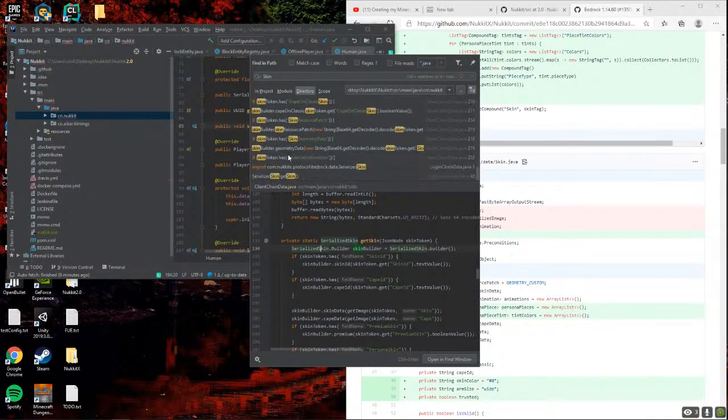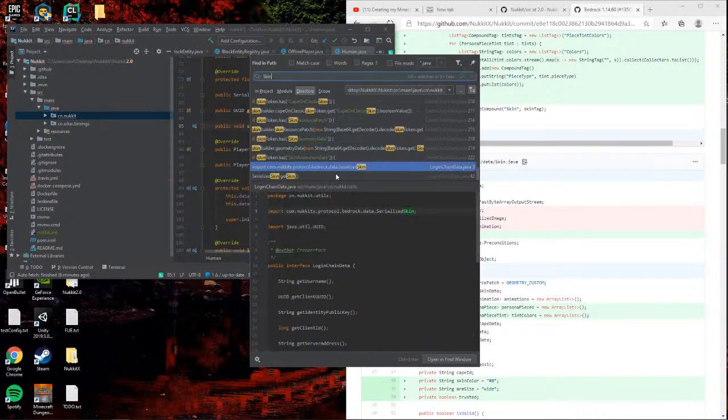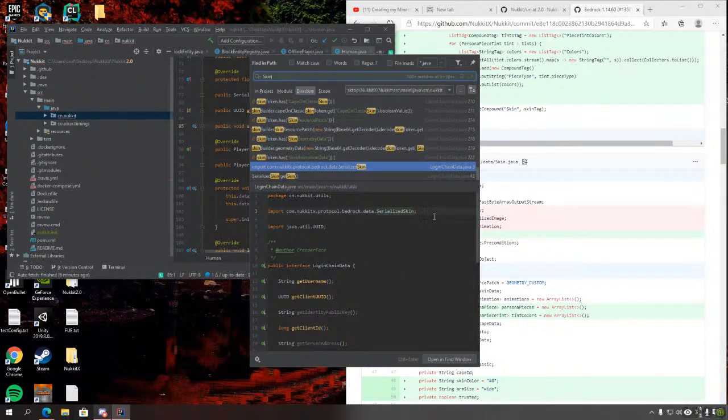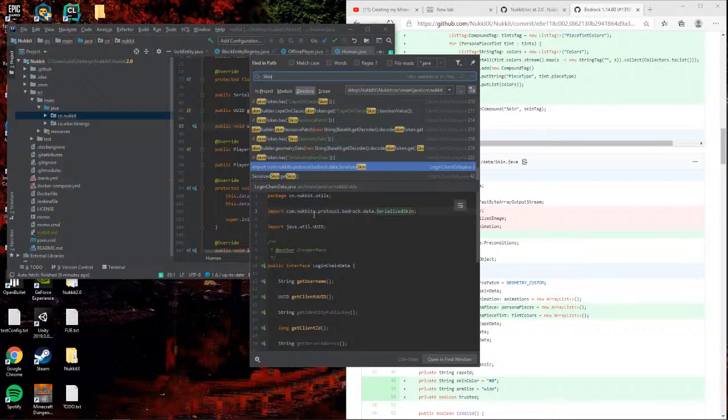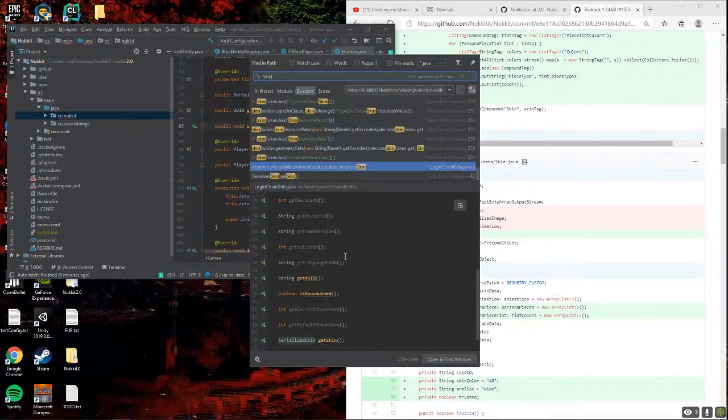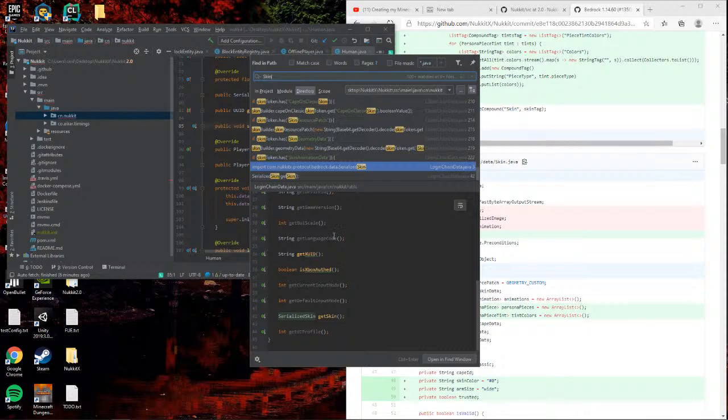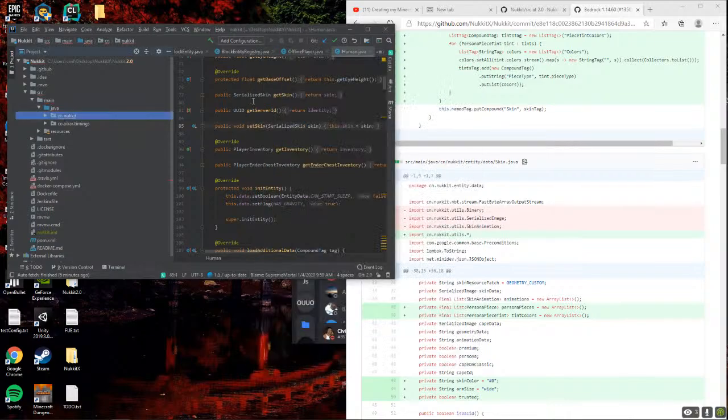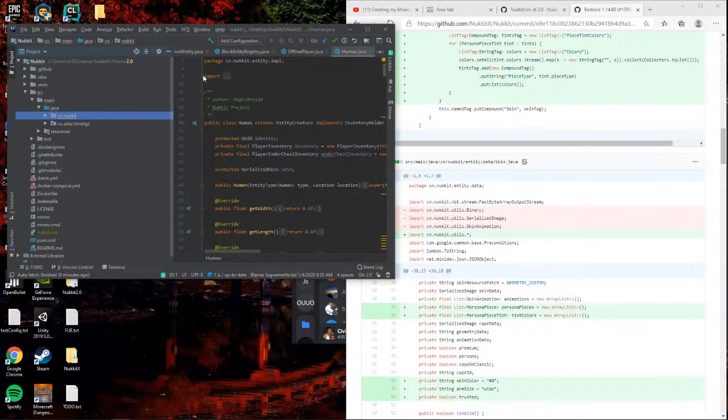Serialized skin. Alright, so it's in the protocol library. Alright, well, this is gonna suck.